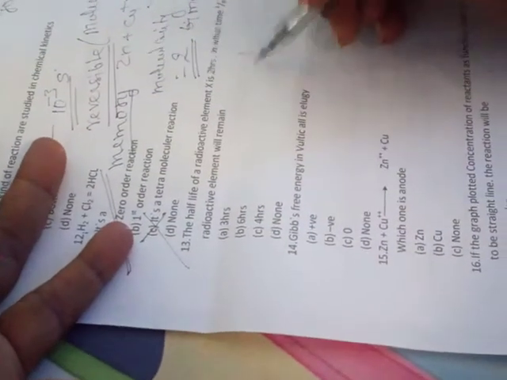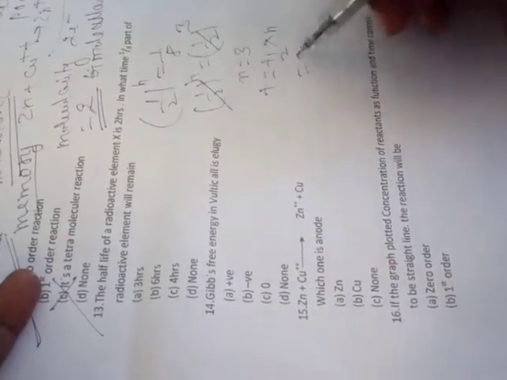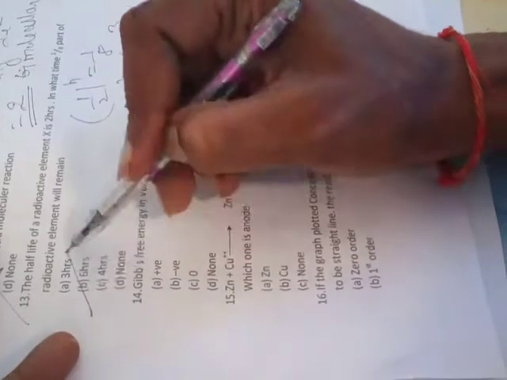Now coming to question number 13. The half-life of a radioactive element is 2 hours. In what time will it become 1/8? So see here, one formula is (1/2)^n, and here we are going to get 1/8. Now solve this equation. Then (1/2)^n = (1/2)^3. Transposing the power, we get n = 3, and time can be calculated this way: t half into n. Then 2 into 3 is equal to 6. So the answer will be 6 hours.